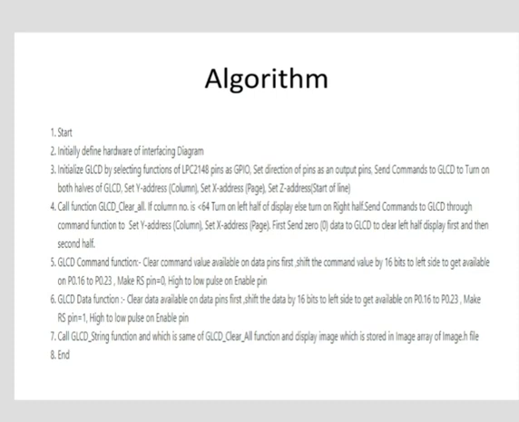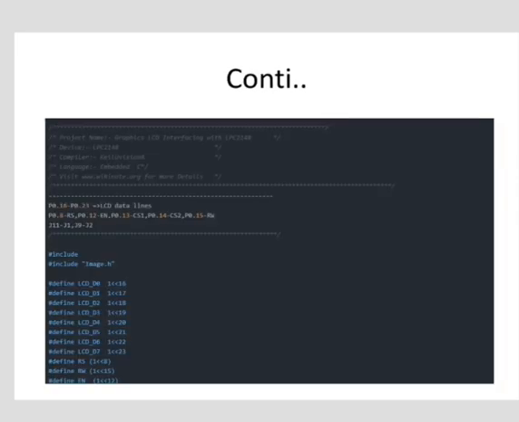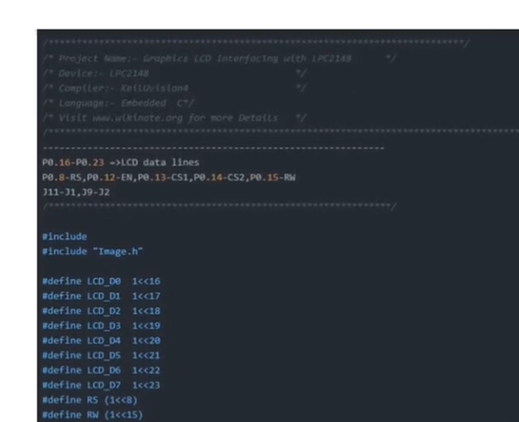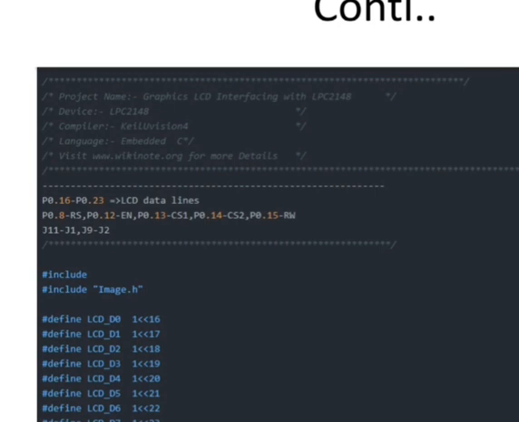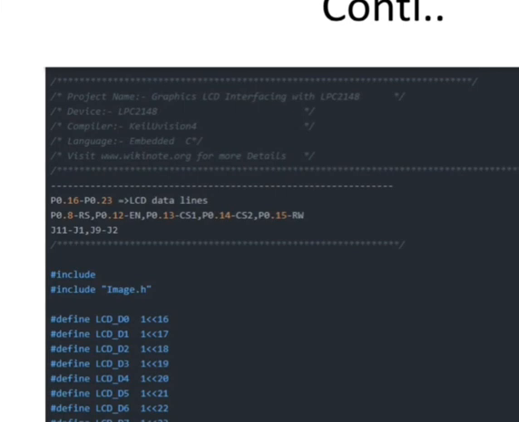Then next is the program. So here is the program for graphics LCD interfacing with LPC2148.